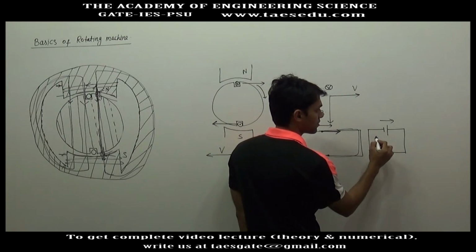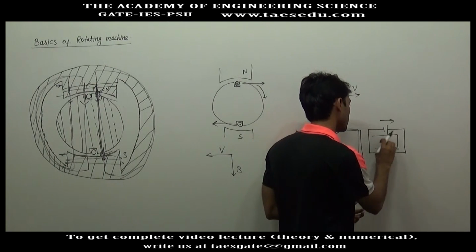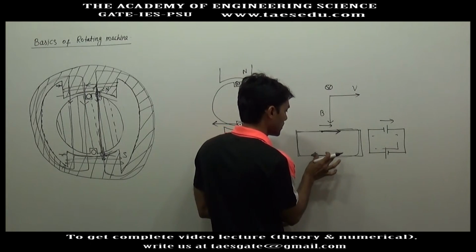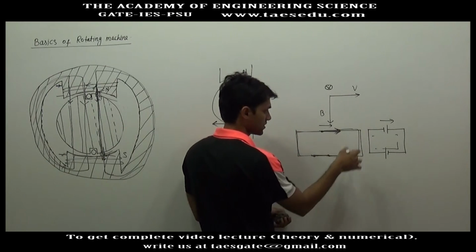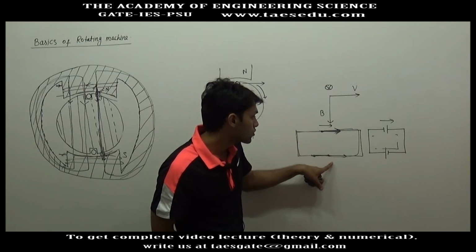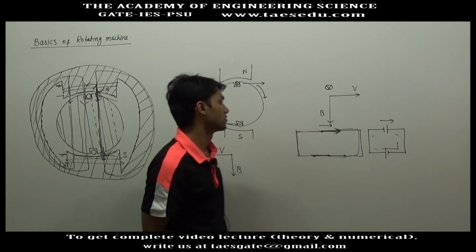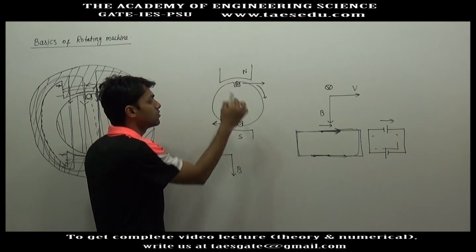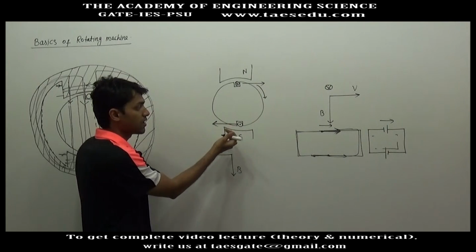So in this case only, if you apply KVL or if you move in this loop, these two voltages will add to each other. If both these charges experience a force in the same direction, then the two generated voltages, or the two electromotive forces, will be in opposite directions. So in this case current cannot flow. Here a positive charge feels a force inside the board, and here a positive charge feels a force away from the board.